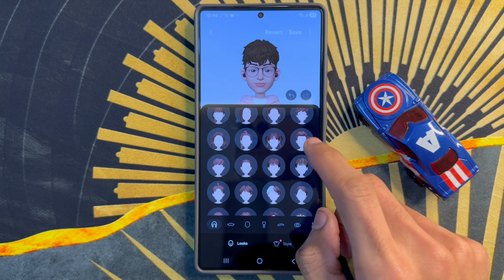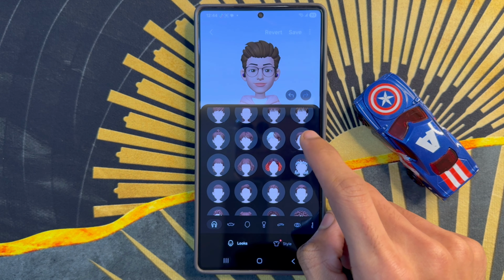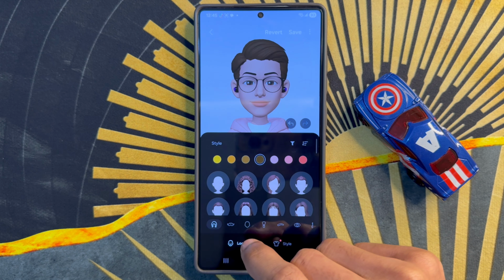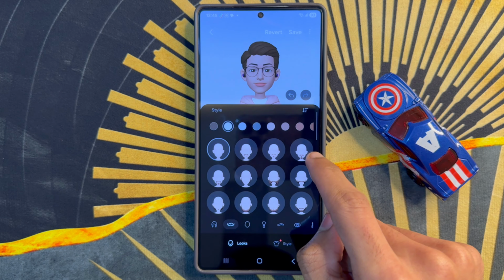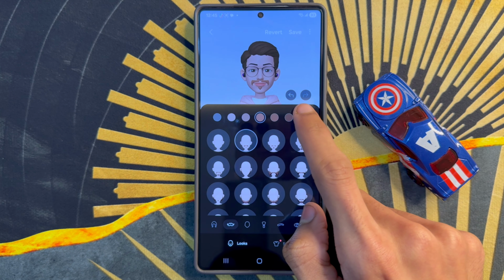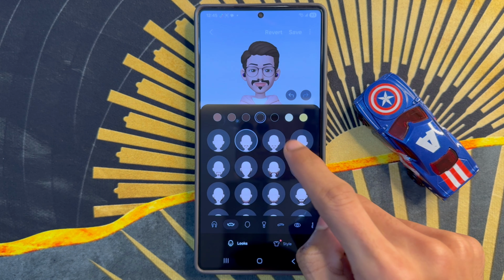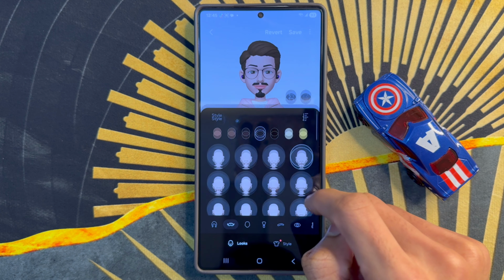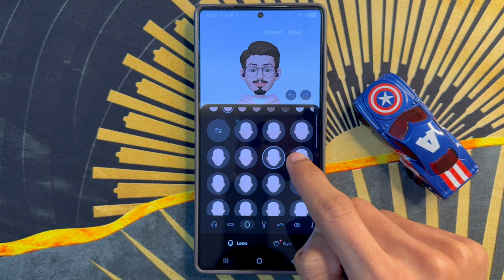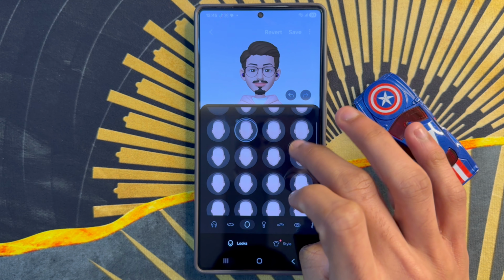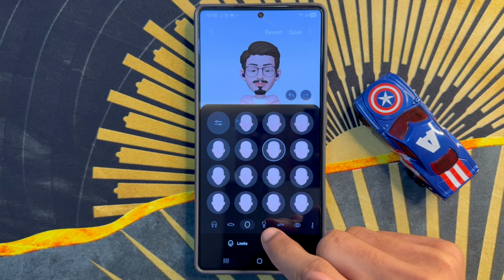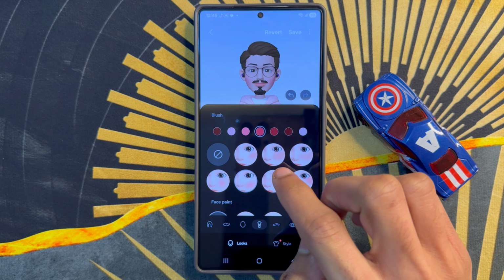So select hairstyle from here, and after selecting hairstyle, click on this icon. So you will select from here. So after selecting, click on face, so you will select face shape from here. So after selecting face shape and click on